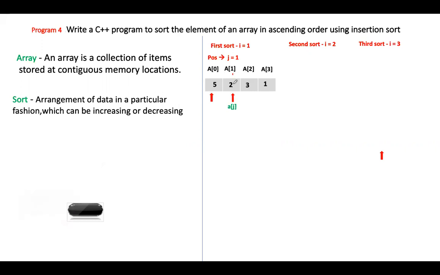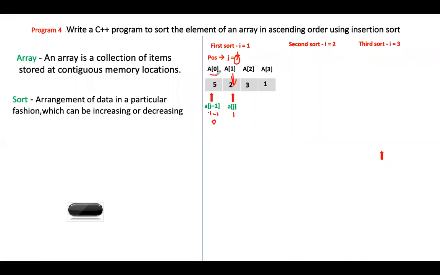It is at one position. See, j position is 1, so it is written as a of j. Now if I want this one to be indicated, how will we write? Since we want 0, what we will write is a of j minus 1. So what is a of j minus 1? If a of j is 1, then a of j minus 1 is 1 minus 1, how much? 1 minus 1 is 0.